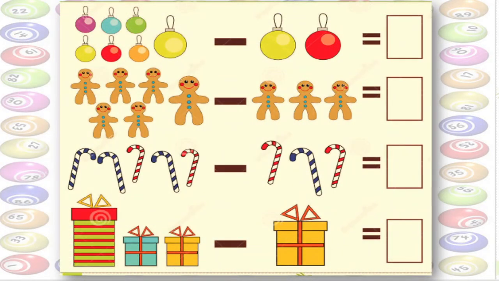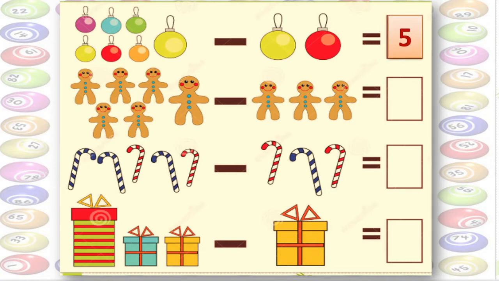Here you can see some pictures. First you have to count the objects, then you have to minus the said objects. You can use the cutting method. Here 2 are there, you can cancel these 2, then you have to count the remaining objects. Here 1, 2, 3, 4, 5, 6, 7. 7 are there, minus 2. Out of 7, if you have taken out 2, then how many remain? Yes, you can use the cutting method here. Yes, you are right, 5 remain.